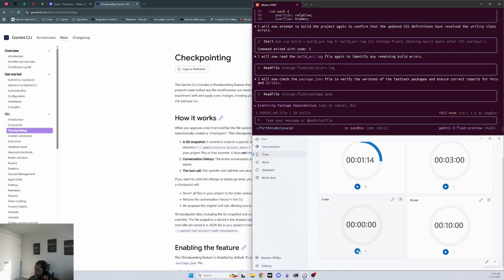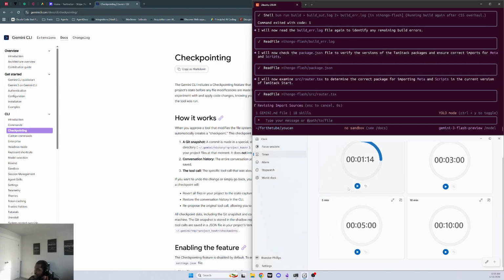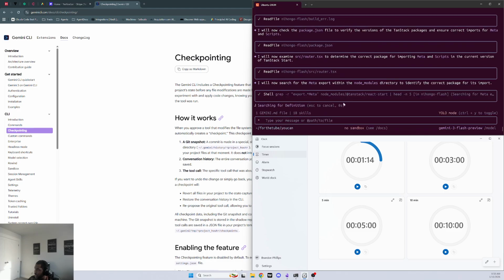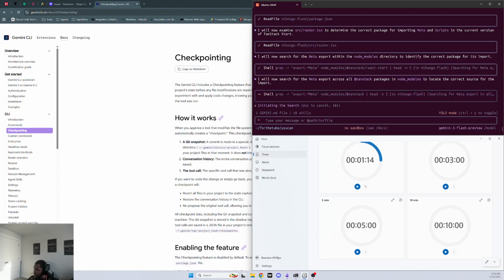So a flashcard app was not successful in 5 minutes. We did get a simple store, but we didn't get a slightly more complex flashcard application, unfortunately. But we're going to let this finish here just real quick. It looks like it's coming up to the end, and it's just trying to debug some of these errors when it's building. And so in the meantime, you're going to get a little bit of extra content here, which is